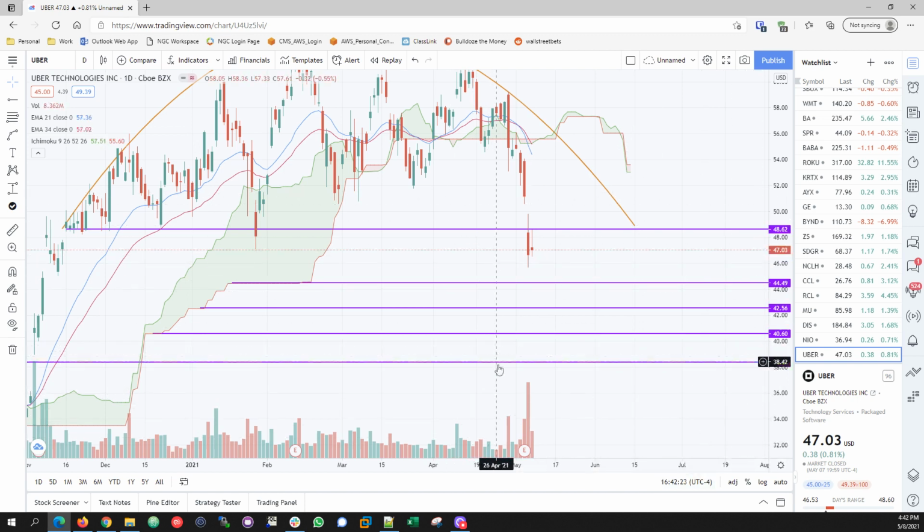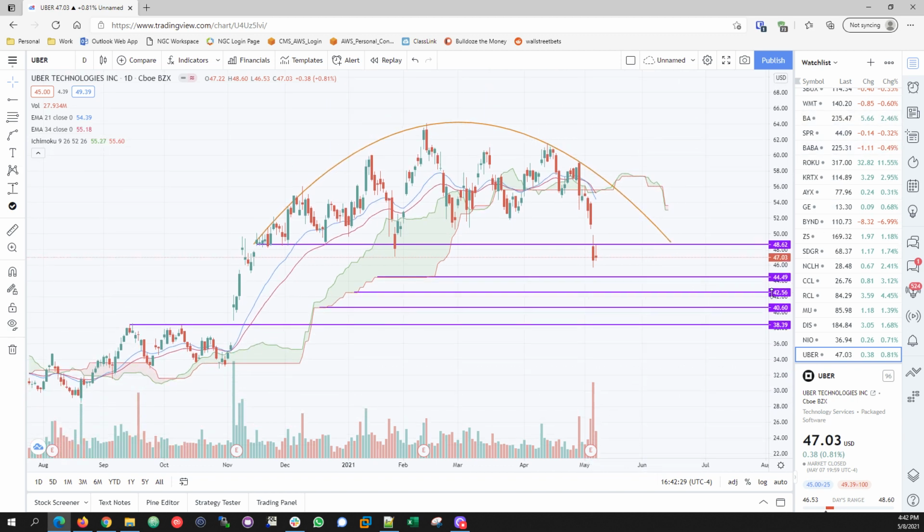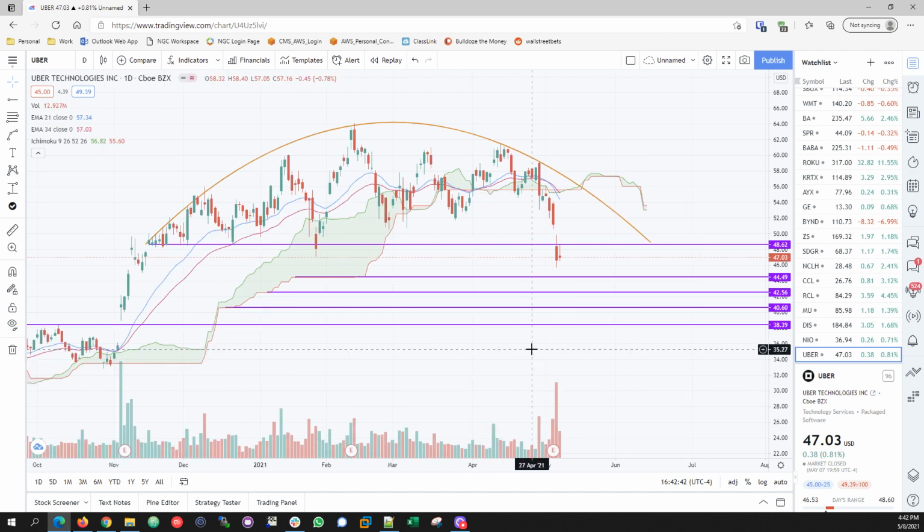These are all the levels if it continues to drop in a huge sell-off. A lot of things are selling, and SPY and all the other ETFs that I reviewed today are going up. I just don't understand where the money is going. Maybe the value stocks that we never review, Walmart, GE, Coca-Cola, I don't know. I need to look at all the other sectors too, but mostly the ones that you guys are giving me are the ones I'm looking at. Money is being taken out from here. So the chart is pretty much broken down at this point.